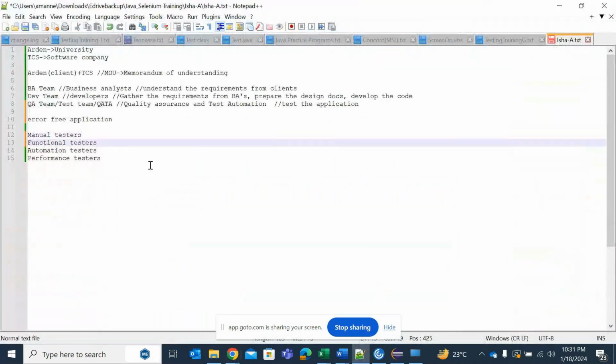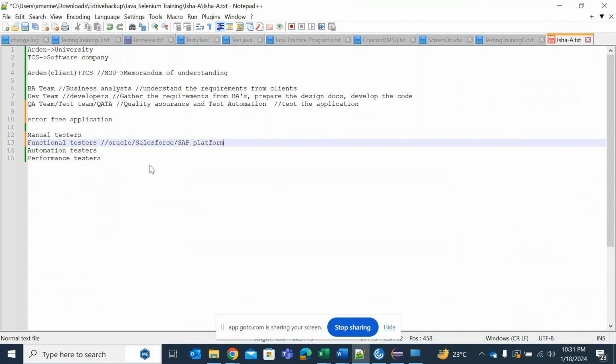The people who are working on testing Oracle or Salesforce or SAP platforms,